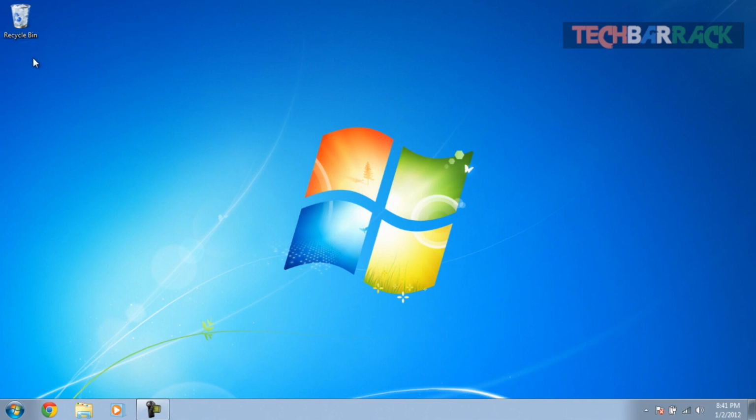And on the desktop we'll have the recycle bin, which is the default application that comes on the desktop. We can even add lots of shortcuts to applications on the desktop. We'll learn about those techniques later on. And at the bottom we have the taskbar, and in the taskbar we have the start menu at the left corner, and just next to the start menu we have the applications which we have pinned to the taskbar. And in the rightmost corner we have the status bar,